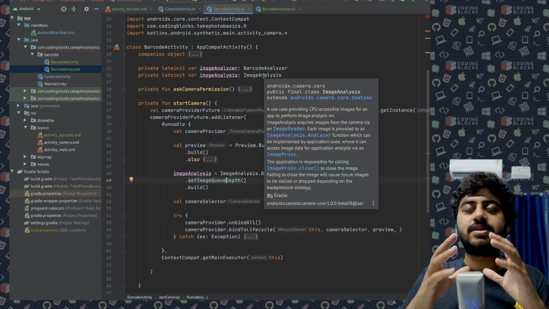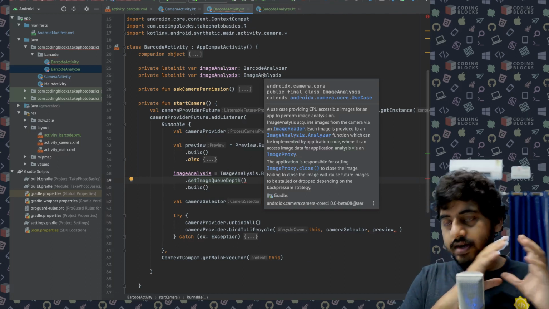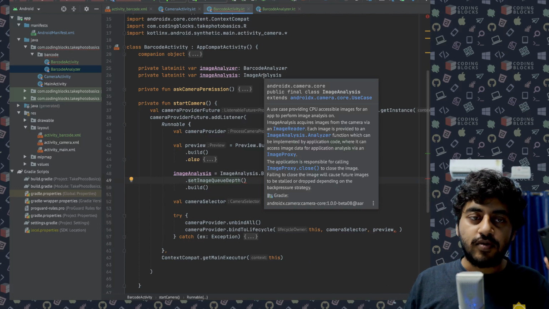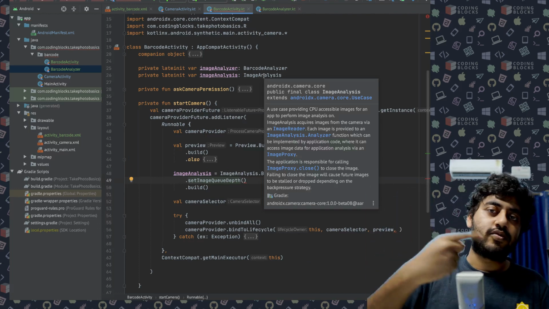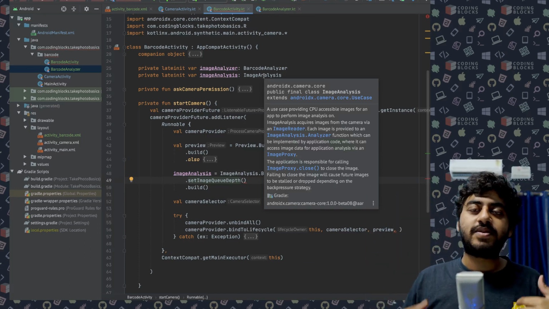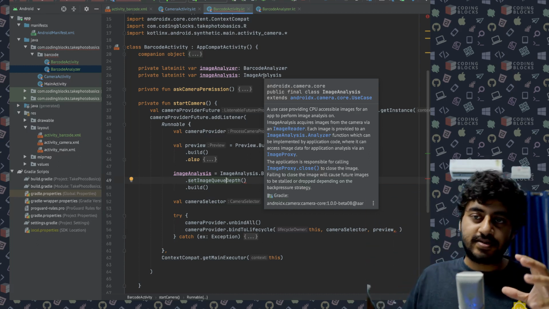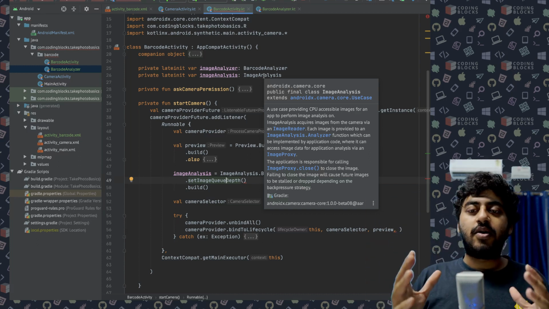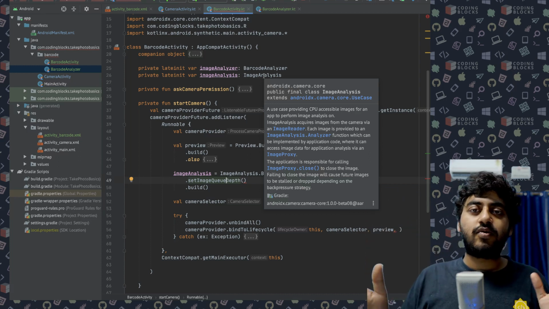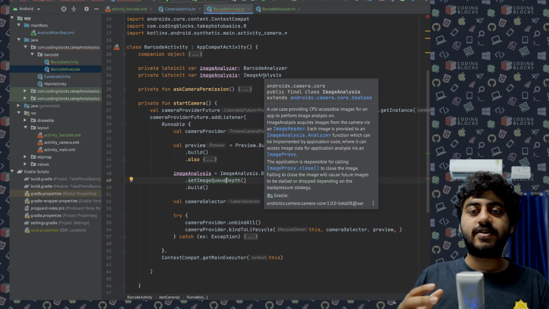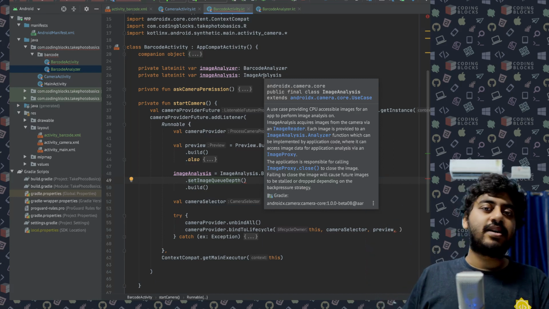What's going to happen in runtime mode is you have your camera on, your preview is on. When your preview is on, it is continuously taking photos, maybe at 3 or 4 photos per second, and sending them to the barcode analyzer as a reactive interface. Now the barcode analyzer might be analyzing photos at 1 photo per second. So the first photo it takes, it sends to the barcode analyzer, and it's analyzing. It has taken a second photo by then.